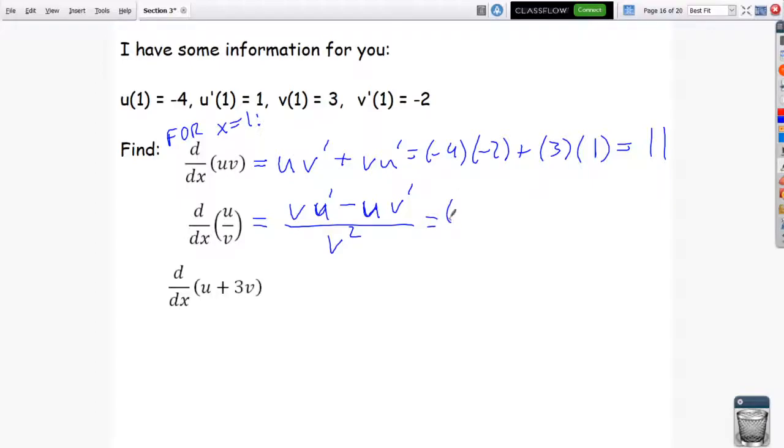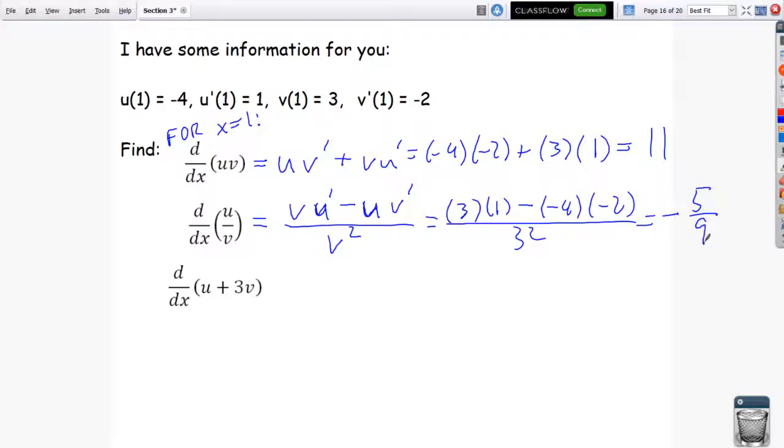So now here we're going to have v was 3, u prime was 1, 3 times 1, minus u was -4, v prime was -2 over v squared, so over 3 squared. I'm just doing the math. 3 minus 8, so -3 minus 8, -5